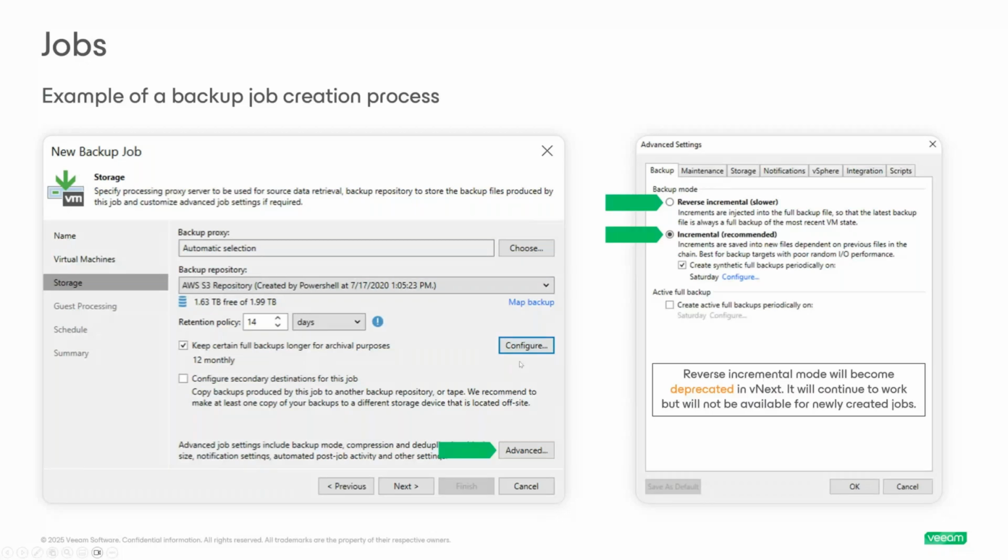On the advanced section, you will be able to define whether you want to create synthetic or active full. You'll be able to select whether you want to use the incremental method or the reverse incremental mode. Reverse incremental mode will be deprecated very soon, but let's focus on the synthetic versus active full. The difference between those two is that